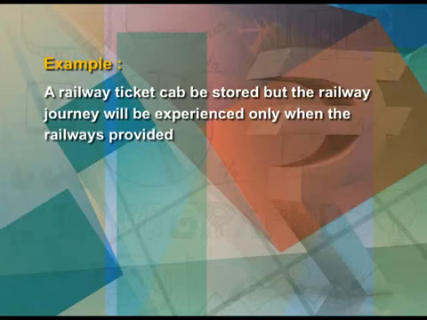This means that demand and supply need to be managed, as the service has to be performed as and when the customer asks for it. They cannot be performed earlier to be consumed at a later date. For example, a railway ticket can be stored, but the railway journey will be experienced only when the railways provide